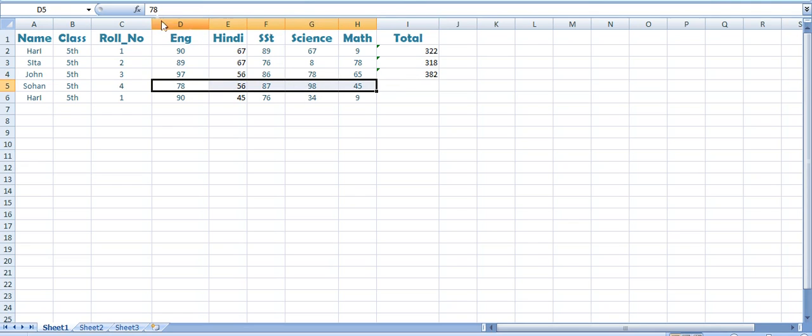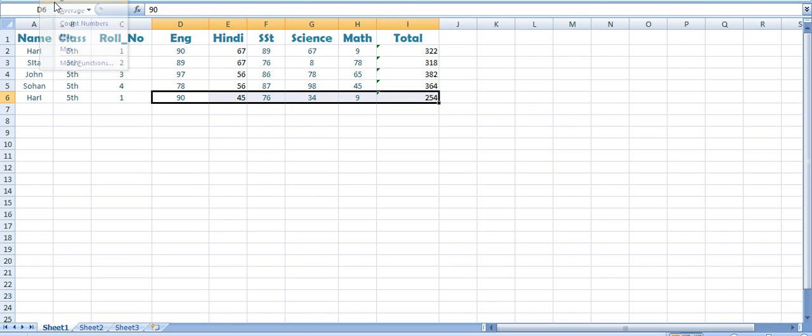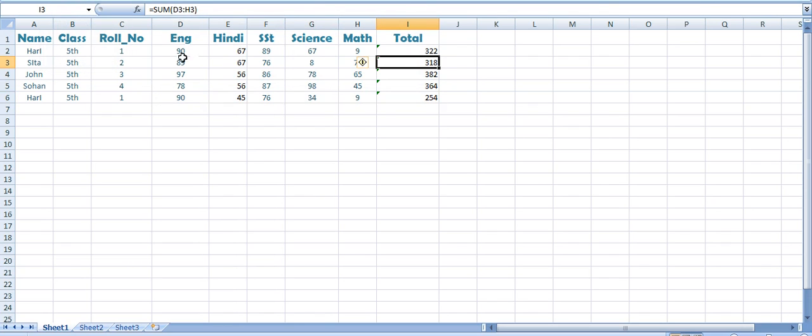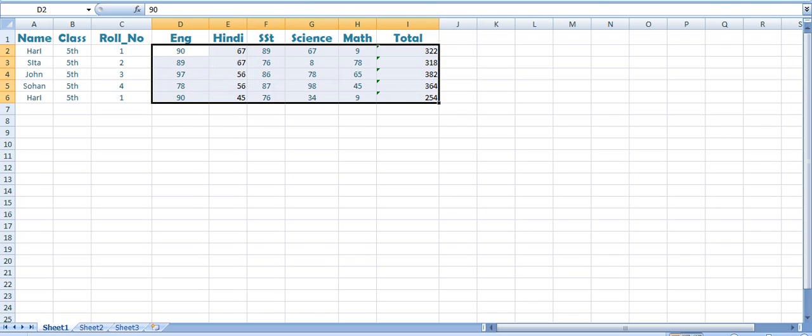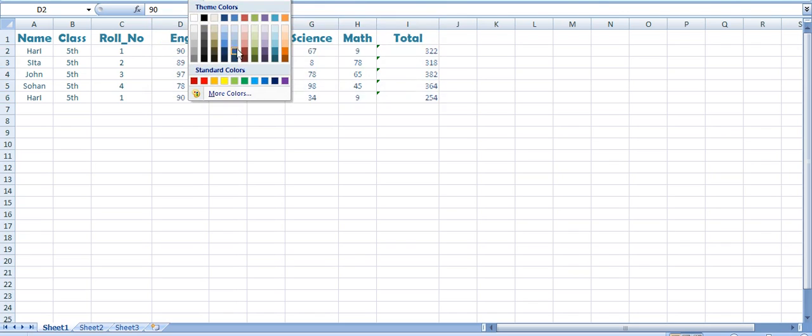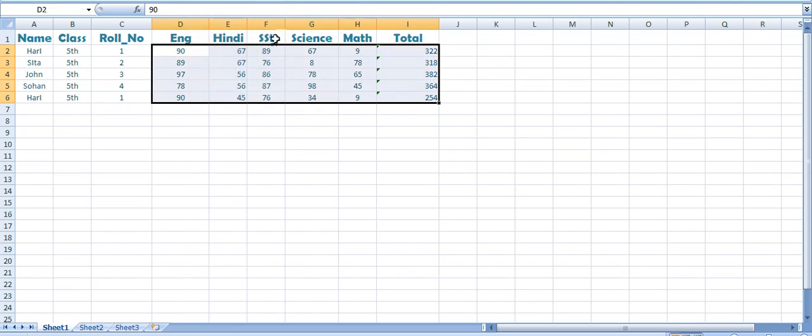Again, select this row, where you want to find the sum, go here and click. Again, select this one, go to AutoSum and select Sum. You will be able to see the SUM function. So in this way you can use formulas. I hope this is clear to everyone. Still, if you have any kind of doubts, you can ask me in the doubt counter tomorrow.